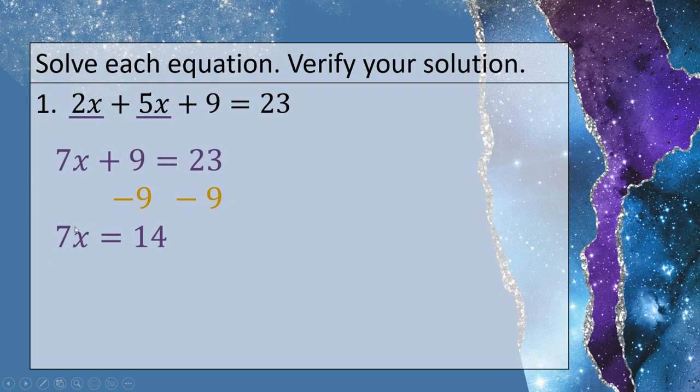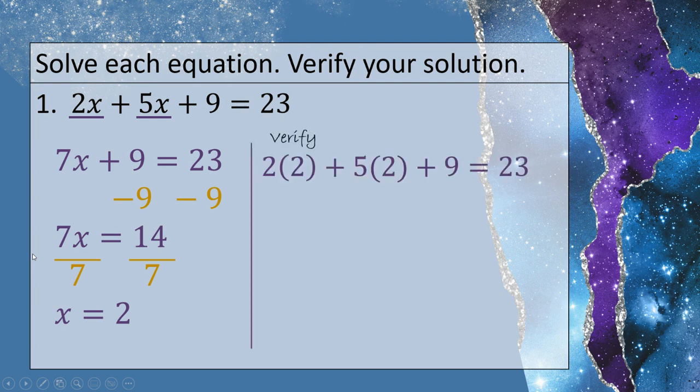When there's nothing between the number and the variable, that indicates multiplication. The inverse operation of multiplication is division, so I'm going to divide both sides by 7, and then we get x equals 2. To verify the solution, I'm going to substitute 2 in for x back up at the original